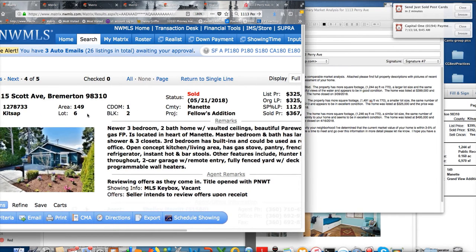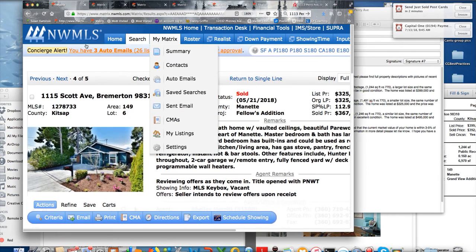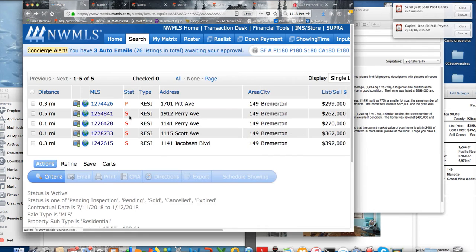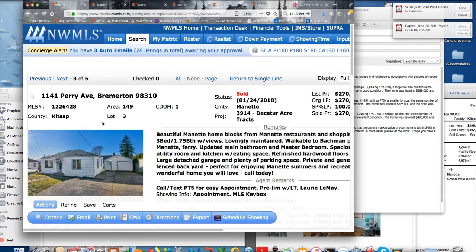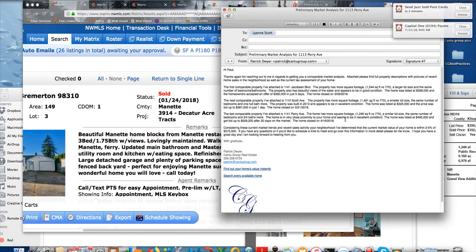Sales stats. The home was listed at $270,000, and the owners received